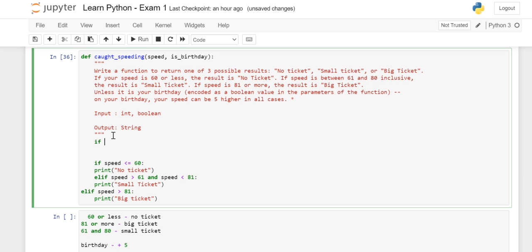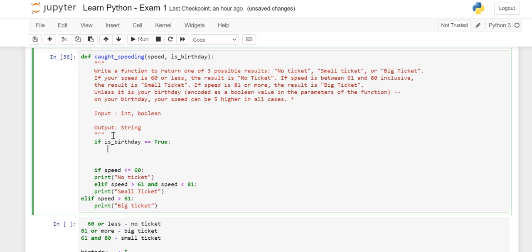If it's his birthday, it's true or false. So I'll say is birthday is equal to True. Then what needs to be done? If it's your birthday today, whatever the speed value, you can just add 5.